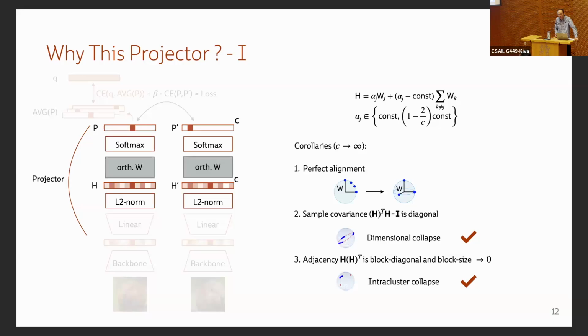Is it important that this lines up with the fact that you're normalizing things with respect to the L2 norm, or could you be normalizing with respect to any norm here in your projector? So it's not exactly the L2 norm because it's a kind of dot product and these vectors are not normalized. But yes, there is a relation to that. These vectors are normalized, right? Because you normalize with respect to the L2 norm right before. Right, it's true. We will see later that they are not normalized, but yes.